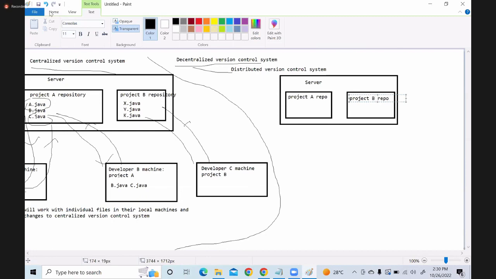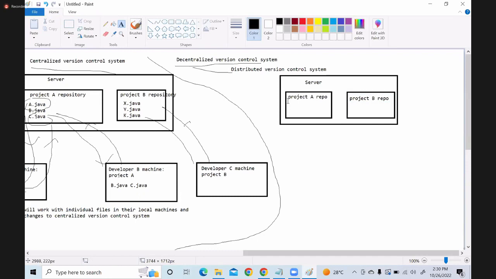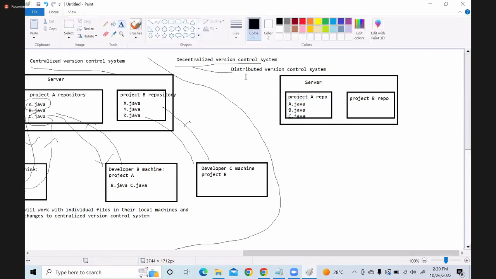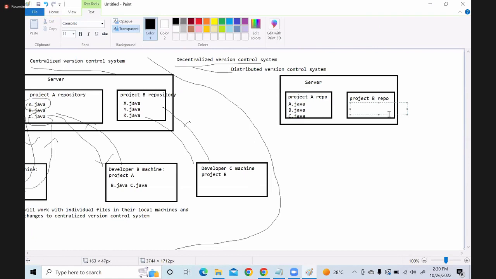Here we have A.java, B.java, C.java, and here we have X.java, Y.java, K.java.